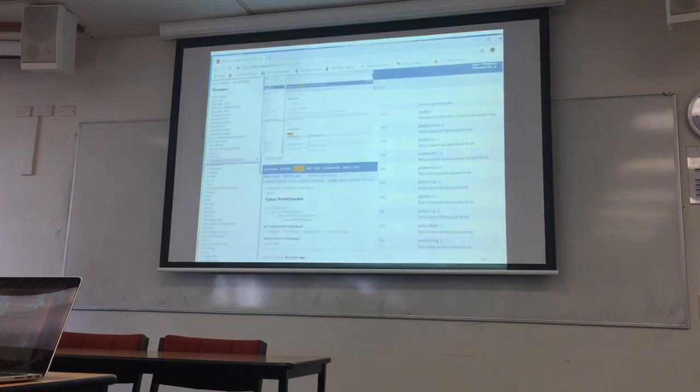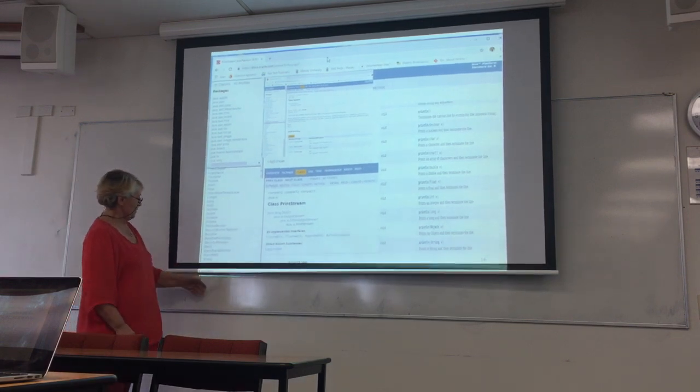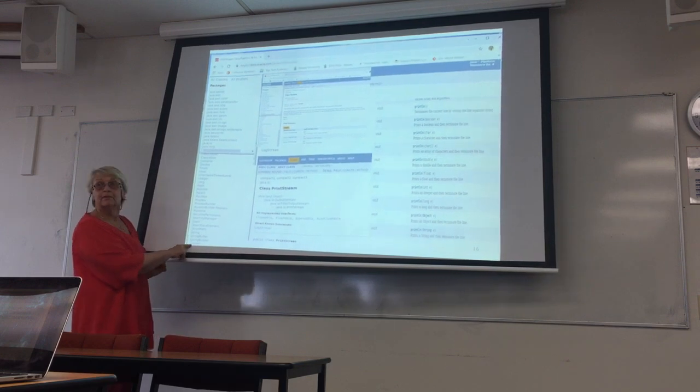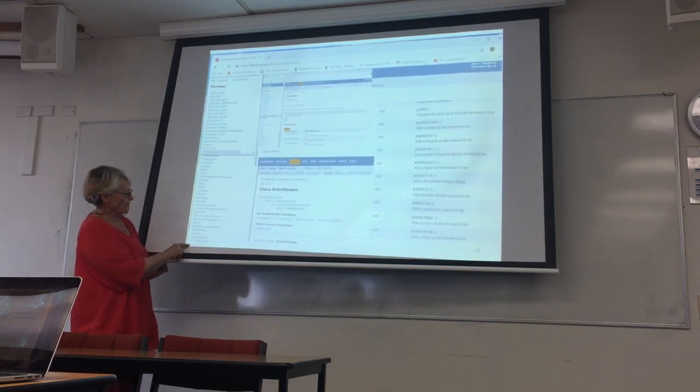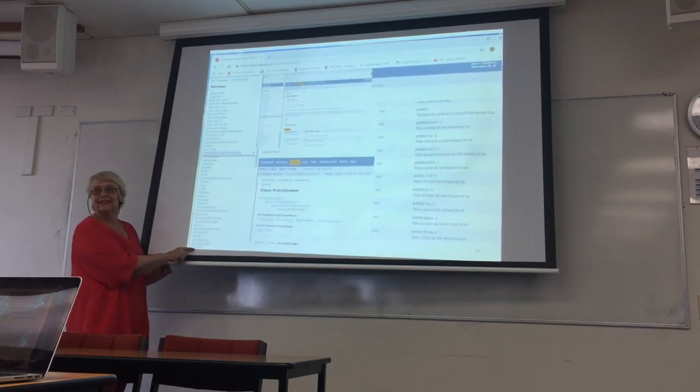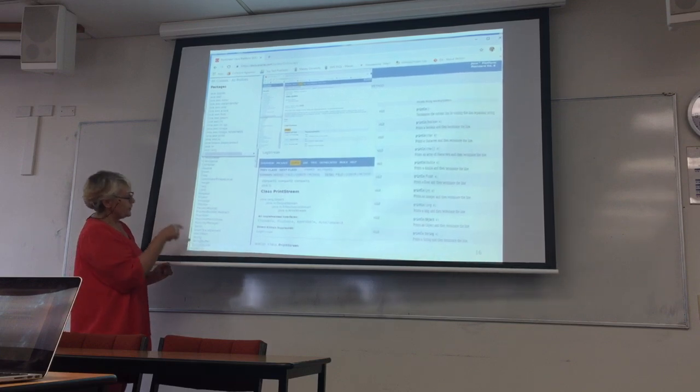So System is just at the bottom here. It's a little bit down. See it? It's written System, after StringBuilder. And if you click on it,